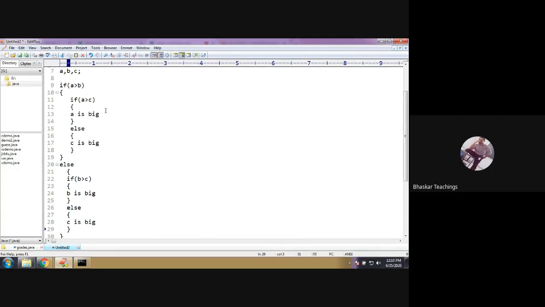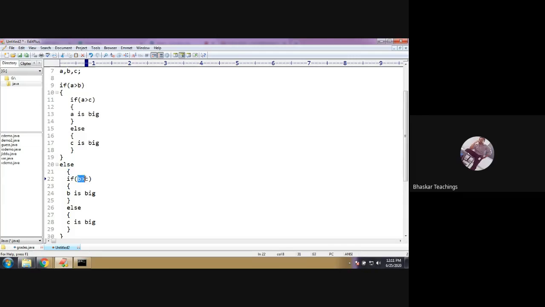Okay, so listen, the control is here, that means this condition is false. B is greater than A. Therefore, we cannot write B is bigger here. We need to check one more condition, that is, B is greater than C or not. If B is also greater than C, you can print B is bigger. But if B is not greater than C, it means C is bigger ultimately, because it is proved that B is bigger than A. That is why the control is here.